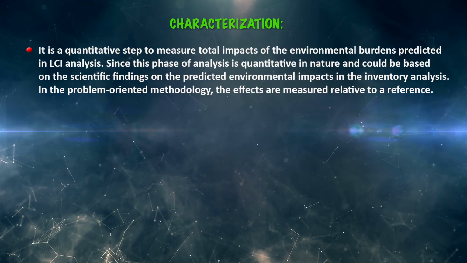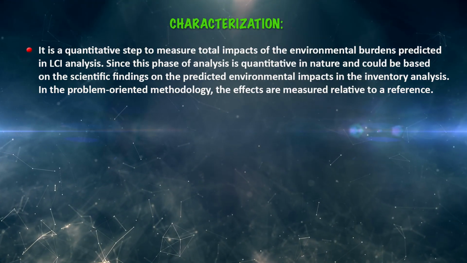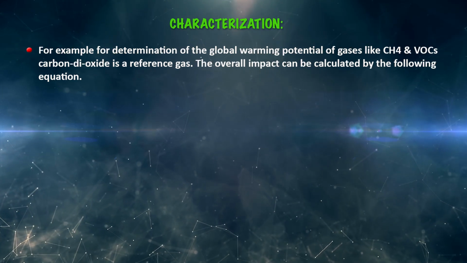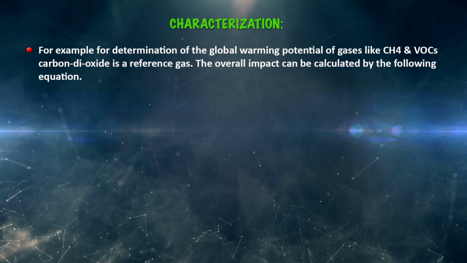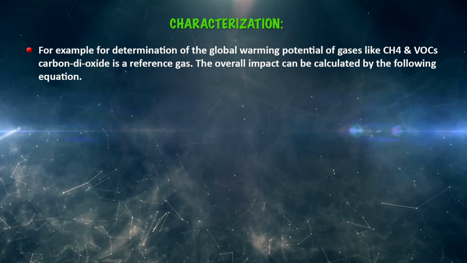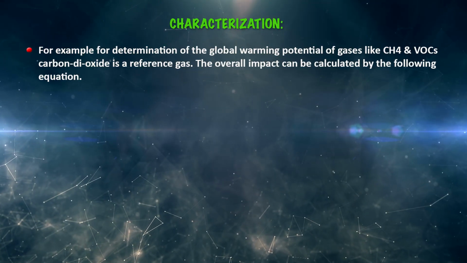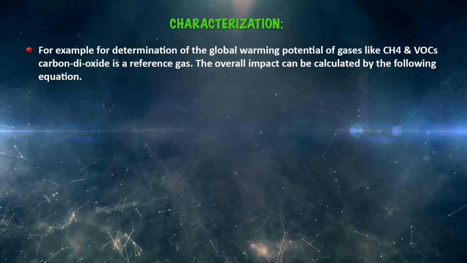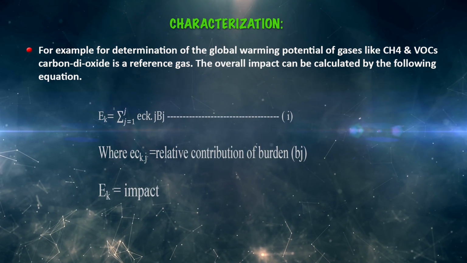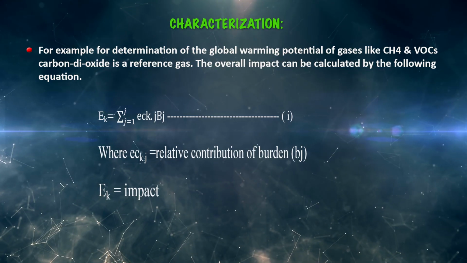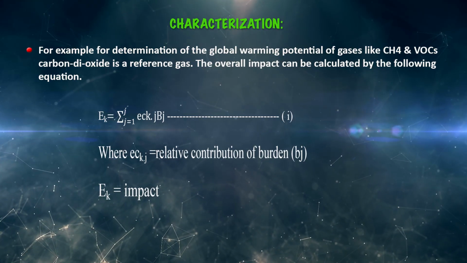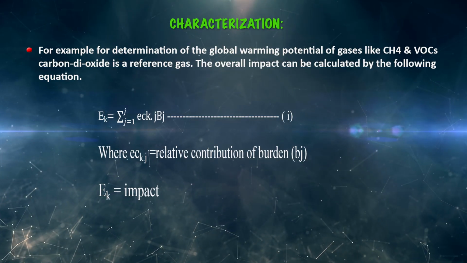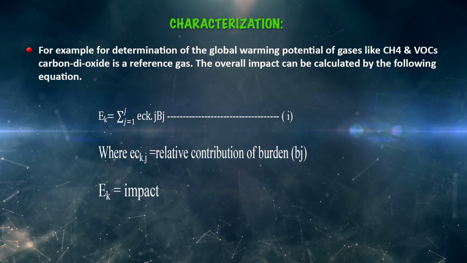In this problem-oriented methodology, the effects are measured relative to a reference. For example, for the determination of the global warming potential of gases like methane and volatile organic compounds, carbon dioxide is a reference gas. So, the overall impact can be calculated by the equation which you are seeing on the screen. Everything has been clearly mentioned there, and then there is a relative contribution of a burden,